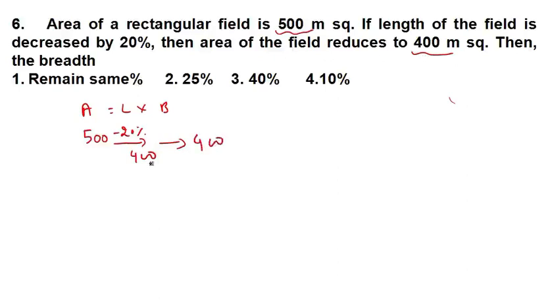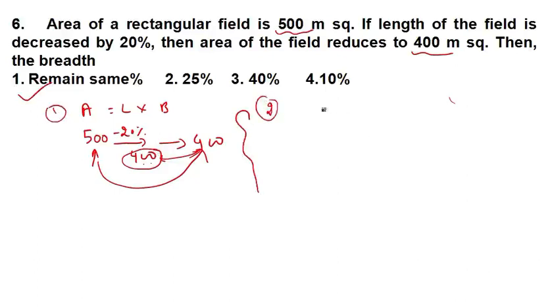Okay, look guys, it is stated in the question very clearly, before area was 500 and at last it is 400. So it is asking what happened to breadth. But what I can see here, that there will be no change. Since this is 400, I cannot increase or decrease. This is 400 and I got 400, I want 400, so it means that it will remain same. So let's verify with the second method. Here you see length into breadth equal to area. My length got reduced by 20%, means before it was 5, now it became 4.